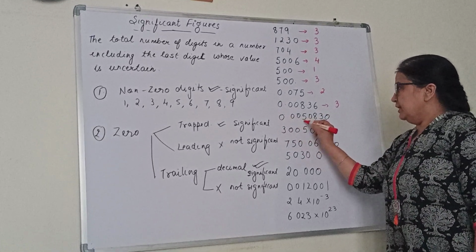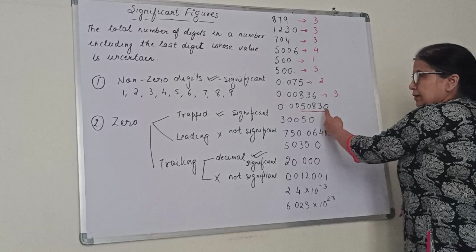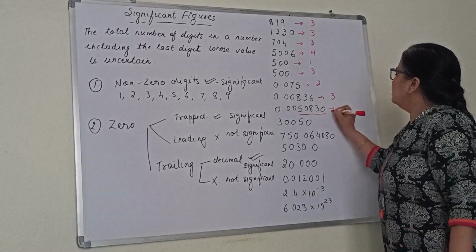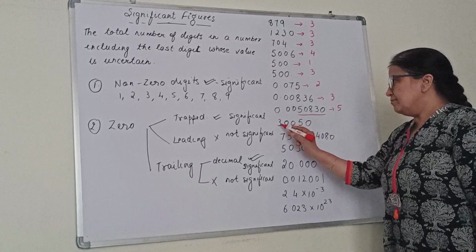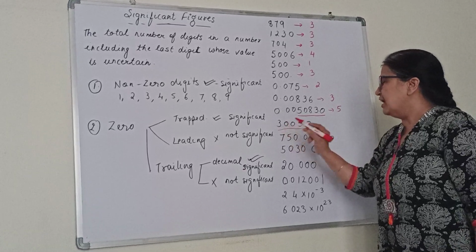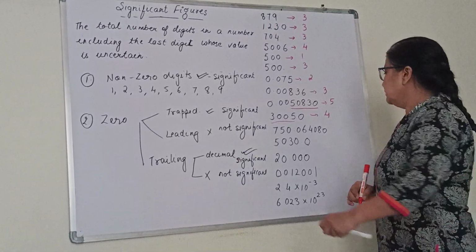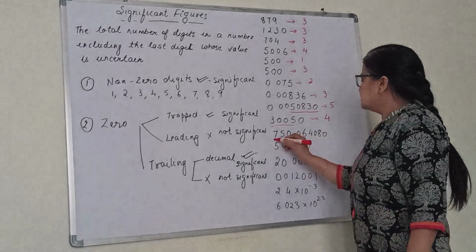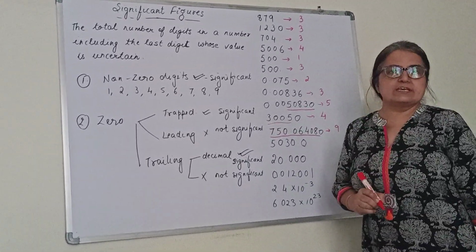This will not be significant. You will have only these significant figures. This is coming after the decimal. That is on the right, though trailing, but the decimal was there, so it becomes significant. You will have a total of 5 significant figures. This one you are having here a trapped 0 but no decimal, so this will not be significant. You will have these 4. So you will have 4 significant figures. Clear? You have a decimal, again trapped 0 in all varieties. You will have this 3, then 4, 6 and 9. You will have 9 significant figures in this case.